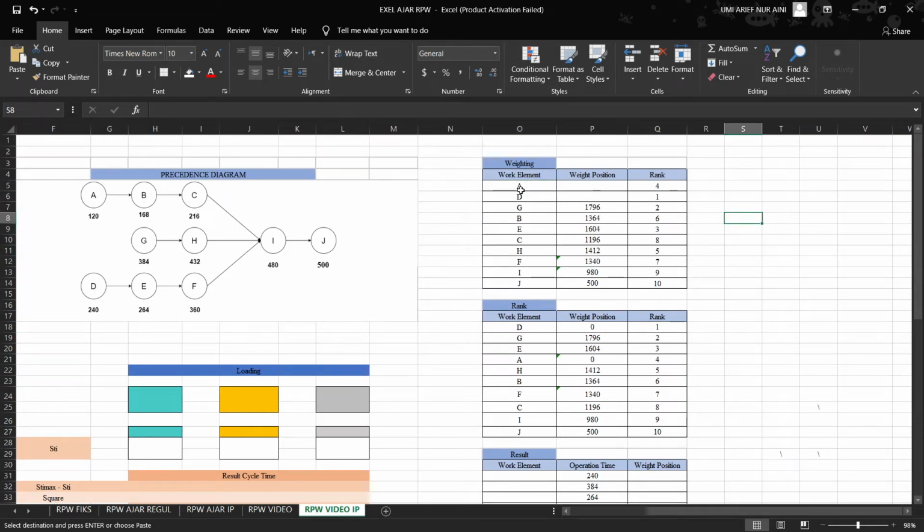Okay, after we paste the work elements, you must calculate the weight position of every work element.